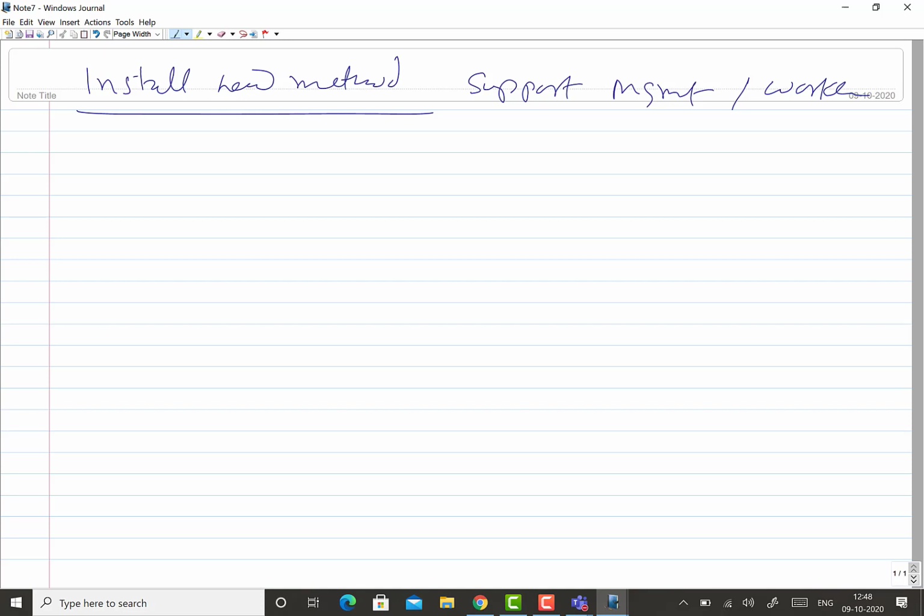To a great extent this will be possible only if the work study man can explain with great clarity what the issues with the existing method are, what the benefits of the new method will be, and how it will be done.